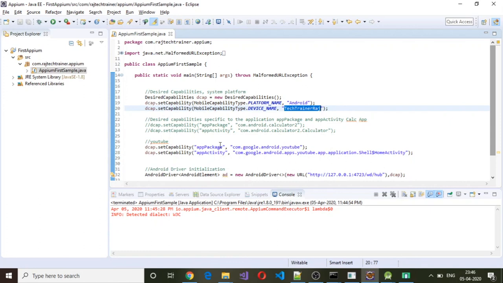Only by changing the app package and app activity, we can invoke different applications on the AVD. So this is how we can get the value of app package and app activity by using the APK info application by installing it